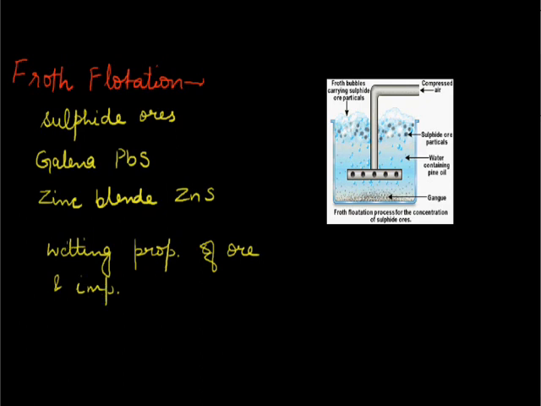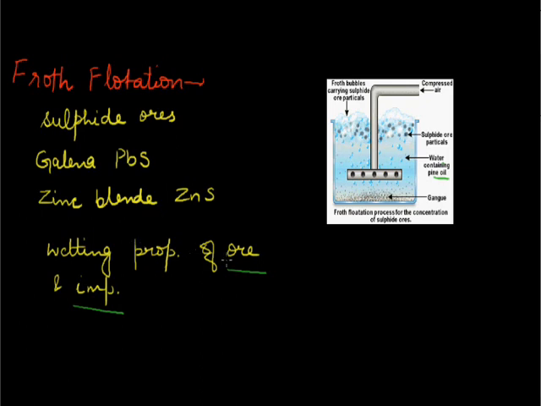So we have two things here. We have ore and impurity. These two have to be separated from each other. And as it is seen in the diagram, there are two solvents available. First is water and the other one is oil. It's written in the diagram, water containing pine oil. So there are two solvents, water and oil, which have nature opposite to each other. They do not mix into each other. And oil being less dense than water, it has a tendency to form an upper layer.